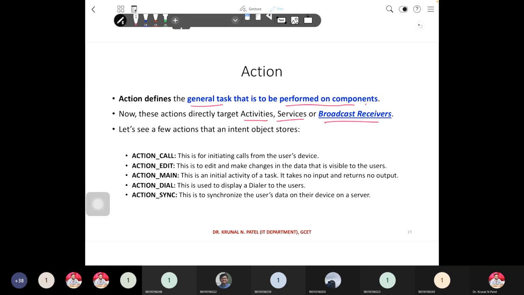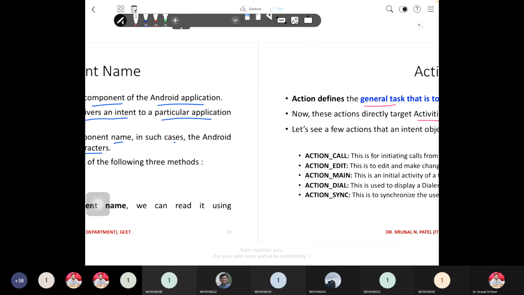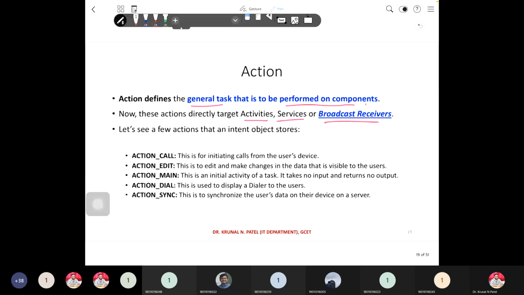So in intent, at that time we'll discuss that there are two types of intent, right? One is implicit, another one is explicit, right? And the third thing is these are the inbuilt, you can say, few objects stored in the field. So